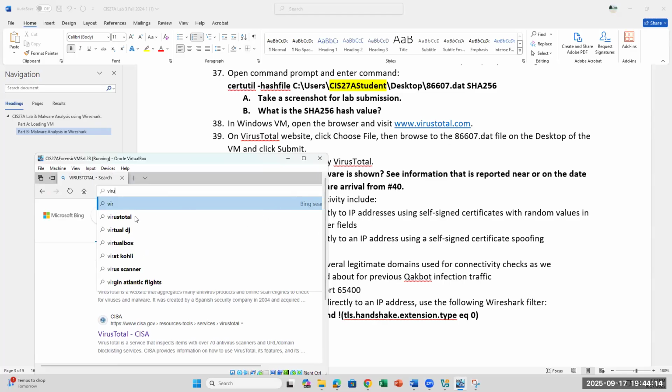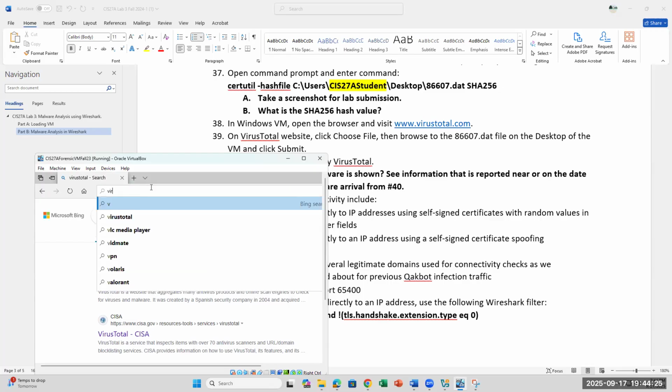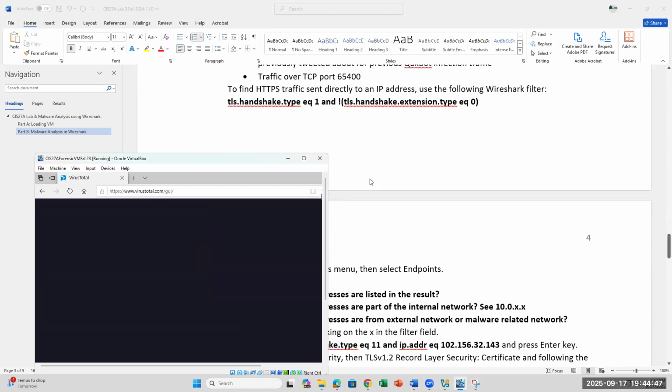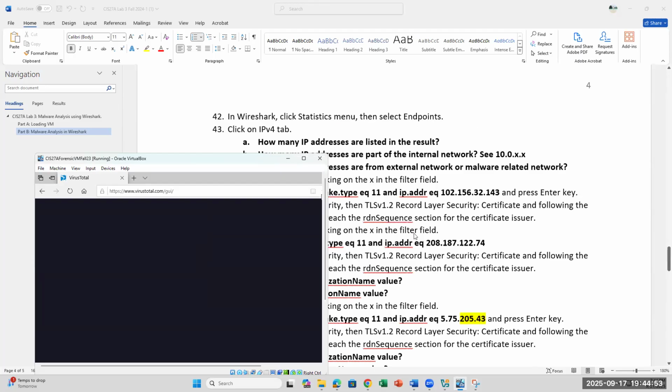Sometimes it does lag. Okay, so once you're on VirusTotal, you would find a way to submit your file, and then it's going to tell you. Now, the next part here, what you see is I teach you how to filter a